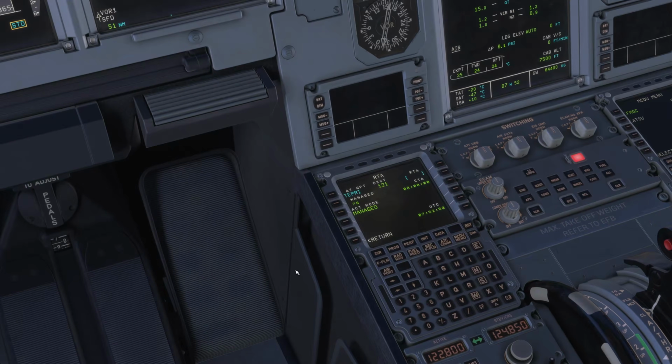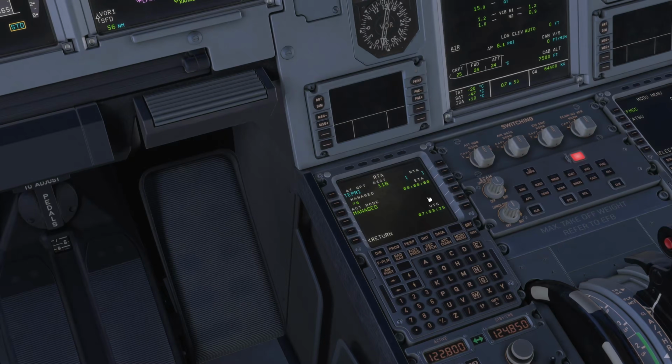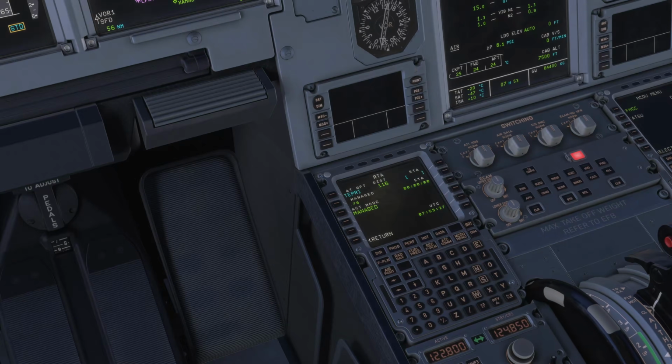Now, it's rare that air traffic control will give us a very specific time to arrive at a waypoint. I'm trying to recall if I've ever had it, that they'll say, right, you must arrive at that waypoint at exactly 8:10 UTC. It's usually before or after time. Our ETA is currently 8:07, not 8:08 now, it's looking around a little bit. But let's say they want us there before 8:10. Air traffic control want to be sure that we're going to arrive at TEPRI before 8:10, just so they can